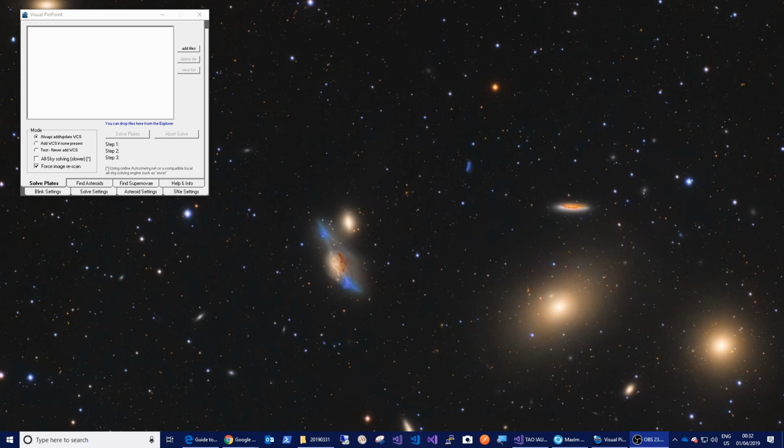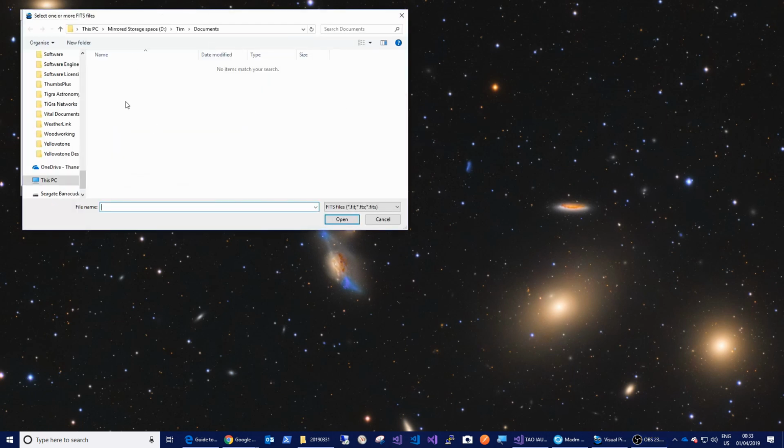So I'm going to use this piece of software called Visual PinPoint, which comes with ACP, Astronomer's Control Program. It's part of the package, and it's not a very inspiring looking user interface, but it's a very powerful little bit of software. So the first thing is we need to add some files in here, and when we take the images,